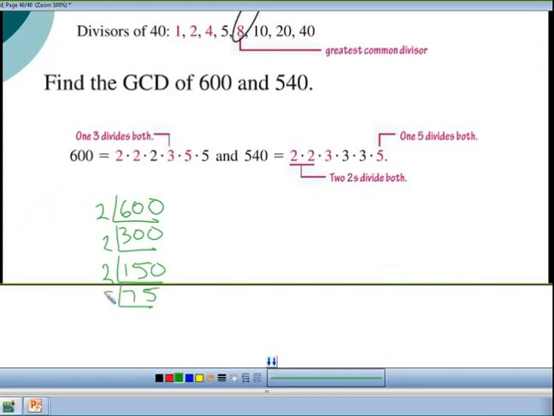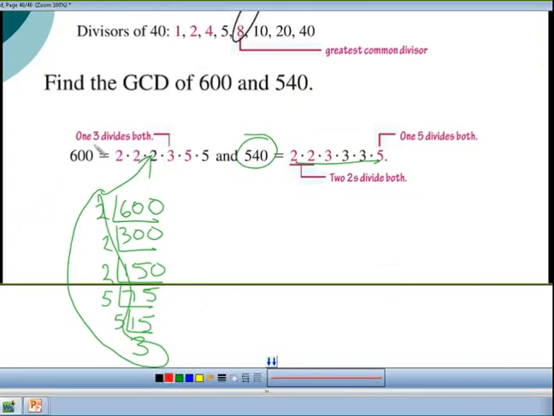And divide it by 5, and we got 15. Divide by 5, and I get 3. These numbers right here are the same thing you would get if you did 540. So the key here is, now check this out, is you've got